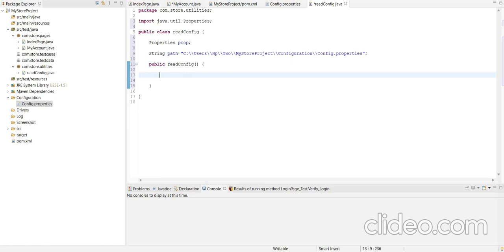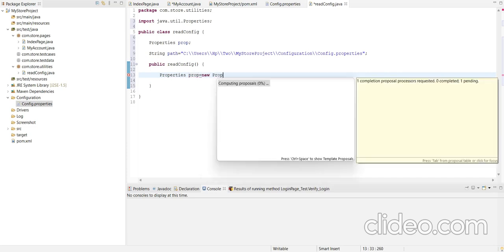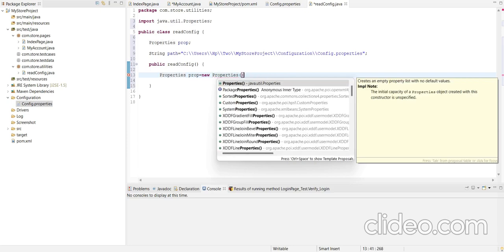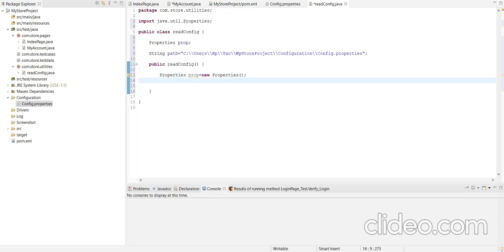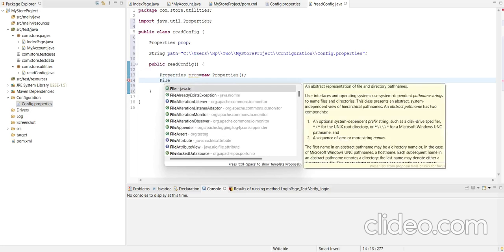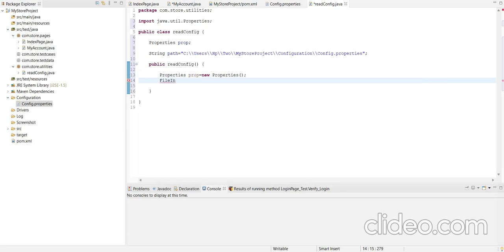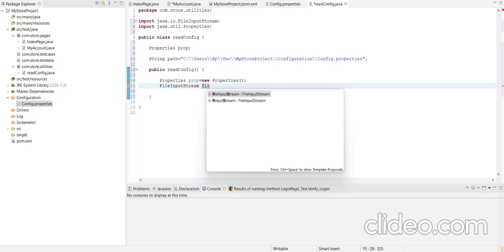Then here we will initialize the properties object. Now to read the property file, we have a class called FileInputStream, and we will create an object of that class.